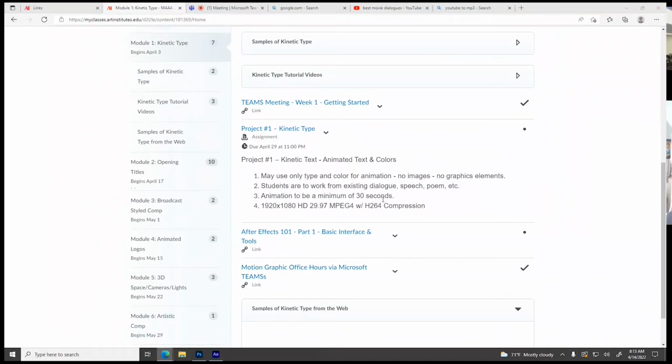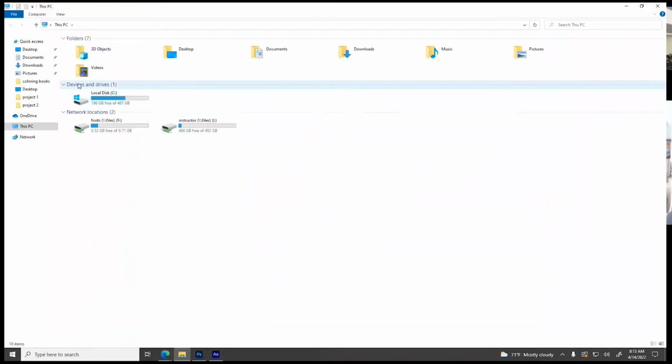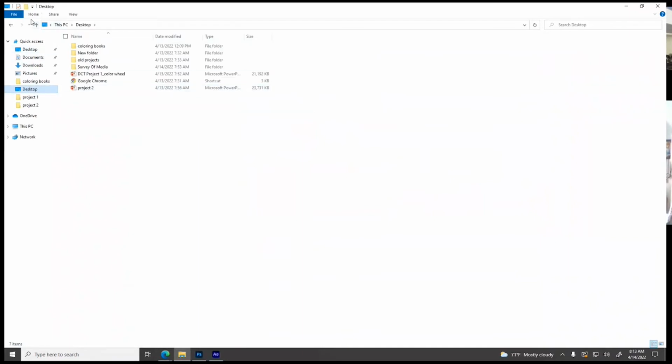Now, before I ever really get going here, let's go to my desktop here. I like to work like this, and I'm just going to come here. New folder. Okay, so I have a new folder here. This is something you can do on your machine at home or on your portable drive or whatever. You can call this the motion graphics folder. And inside this motion graphics folder,